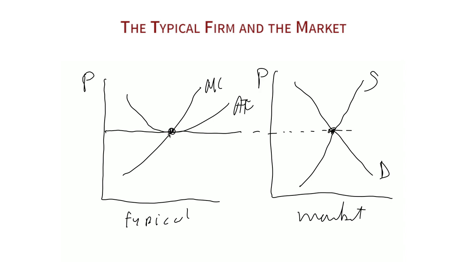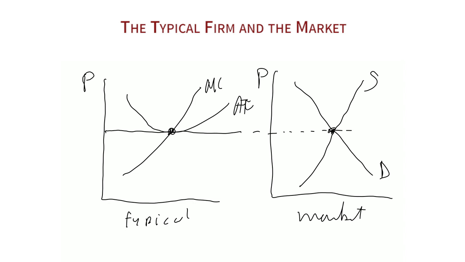So this is what economists would call the long-run competitive equilibrium. Economic profits are zero because average total cost is equal to the price. There's no incentive for firms to enter or exit the industry, with economic profits being zero. Again, if economic profits were positive, firms would come in. If economic profits were negative, firms would leave. This is the equilibrium. And we've drawn it, just to emphasize one more time, where the supply, which is the sum of the marginal costs for all the firms in the industry, intersects the demand curve at just that same point.